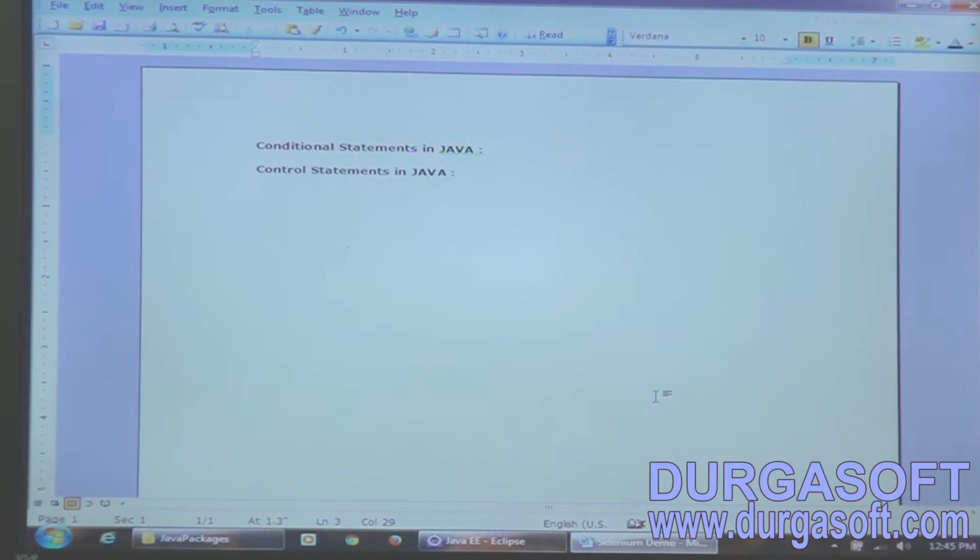I'm here to discuss the Selenium concepts. But before Selenium, as you know, we first require the Java part. Today I'm going to talk about conditional statements and control statements in Java programming. Before jumping into the topic directly, let me give you a small introduction about conditional statements. Why do we need them, and what if we don't have them in